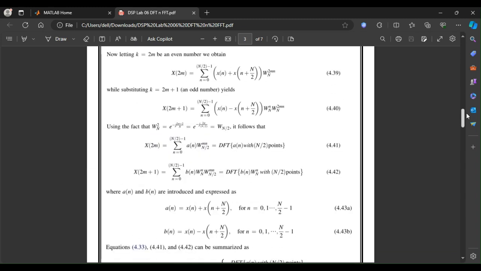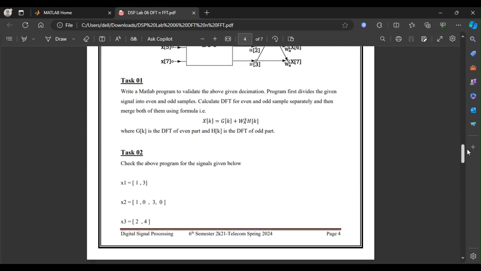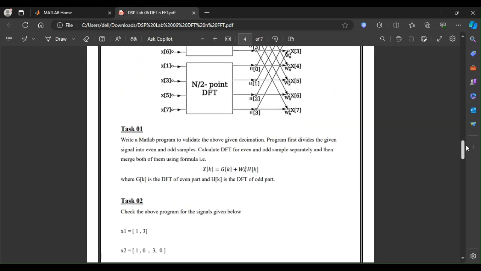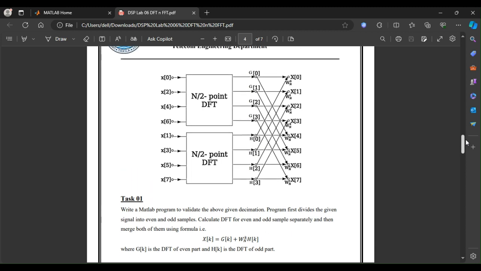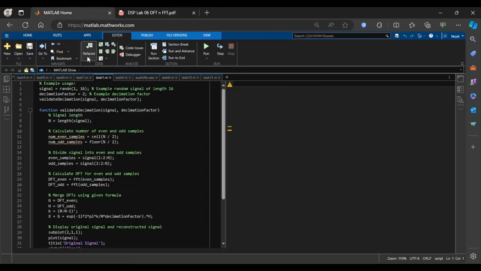So moving to task one of today's lab, that is write a MATLAB program to validate the above given decimation. The program first divides the given signal into even and odd samples, then calculates the DFT for even and odd samples separately, and then merges both of them, where G of k is the DFT of the even part and H of k is the DFT of the odd part. So the output to this task is